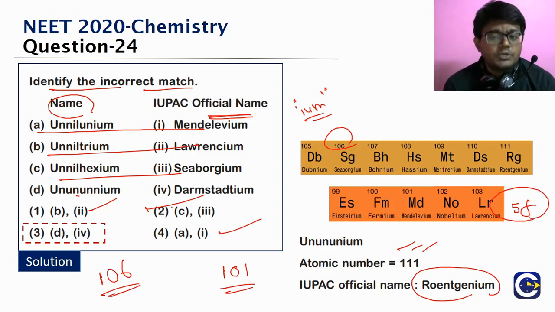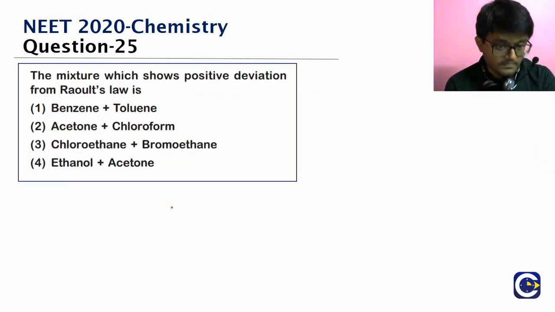So these kind of questions, on this naming part, we can usually get questions either asking us to write the naming as per the numbering system, or questions like this. These we can only answer if we are able to remember what these elements are. Otherwise, we will not be able to answer. If element 101 is mendelevium and we do not remember the name, then we will not be able to answer these kind of questions. So in that sense, this is more of a memory based question.